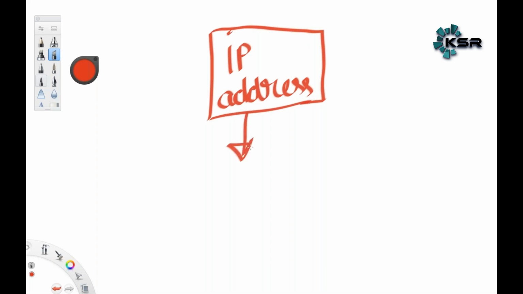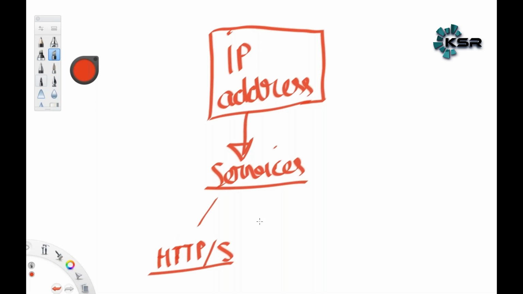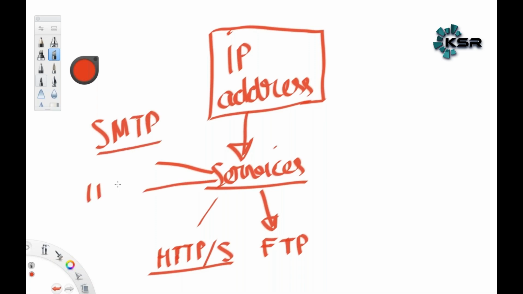After finding out the IP address of a machine, you would have to find out which services this IP address is running. Services like maybe a website, which can be based on HTTP or HTTPS. Maybe a download service, which will be based on a protocol called FTP. Suppose you want to hack their email server, then the service that you're trying to hack into is SMTP or IMAP. All these services are defined through something that is known as a port.